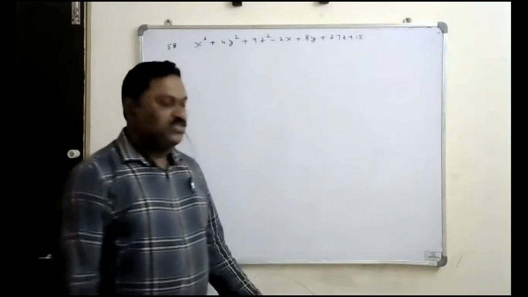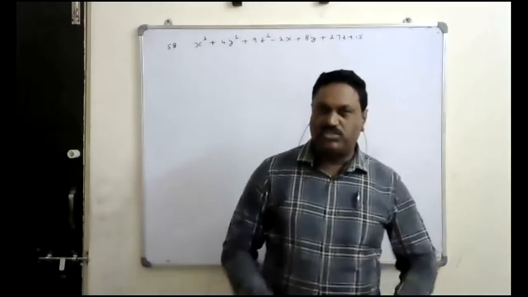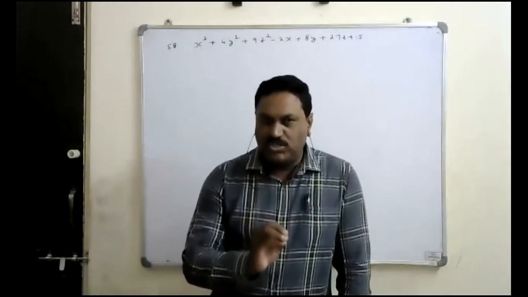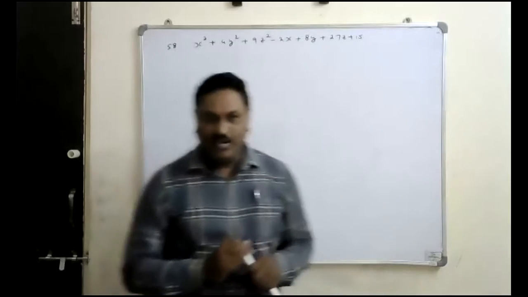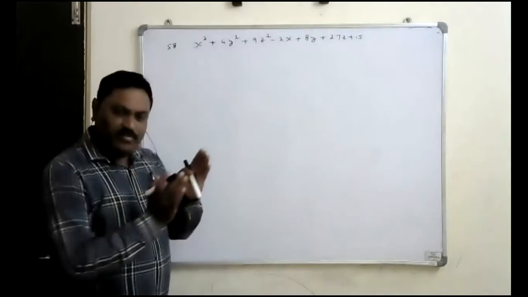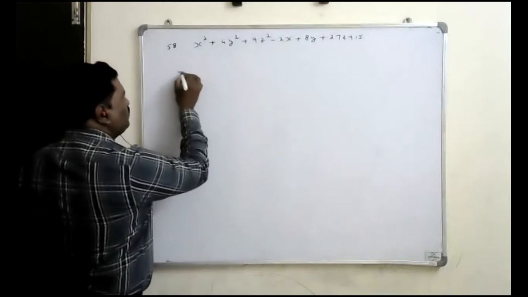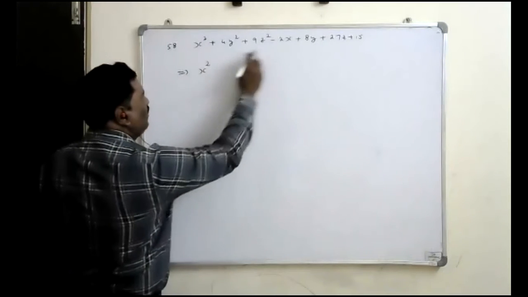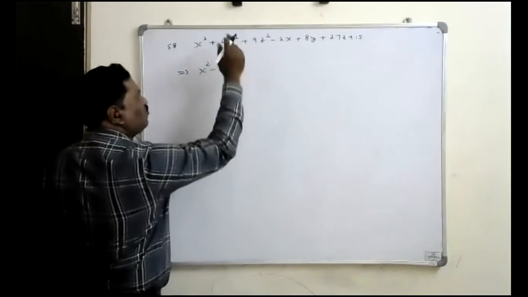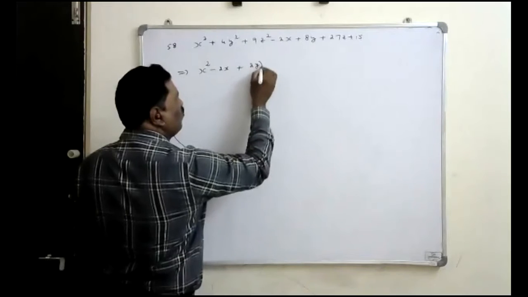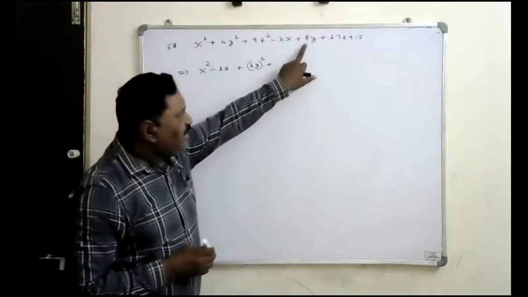Just observe here. Suppose if you want to find the least value for any particular expression, try to express that expression as a perfect square format. For expressing into the perfect square, here what we will do is, first write down the x term separately, y term separately and z term separately. First the x terms: first term is x square and there is a minus 2x, plus there is a y term, 4y square, that I can write as 2y whole square, plus there is an 8y.